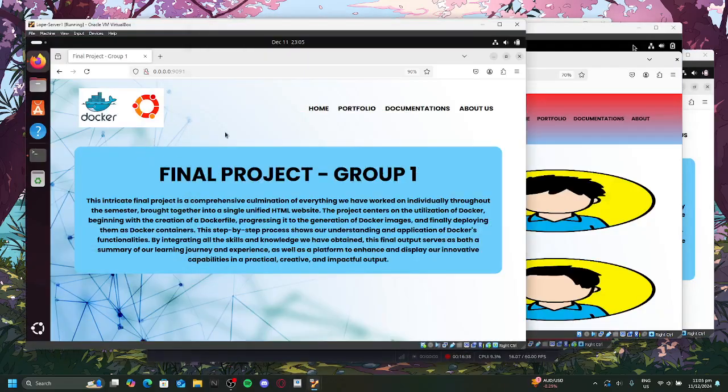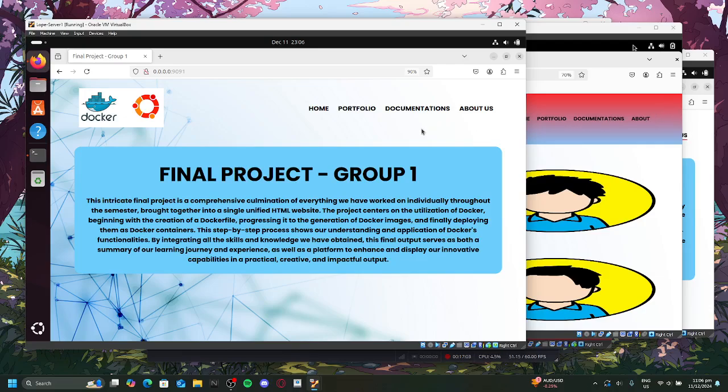So our final project is to create a web app, and using a Dockerfile, create an image that can containerize the web app and deploy it to the other managed nodes. As we can see here, we have successfully completed the task.